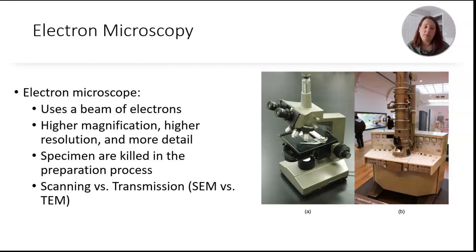With transmission electron microscopy, it's a little different. In TEM, you have to actually make ultra-thin sections of whatever you're trying to look at. And then you can label specific structures with electron-dense material. And then when you put that in your TEM, your transmission electron microscope, what you end up with is an image of the inside of the organism. So again, scanning will be a 3-dimension of kind of the outside of the organism, and TEM is going to give you a 2-dimensional image, but you're going to see the inside ultrastructure of the organism or the cell.